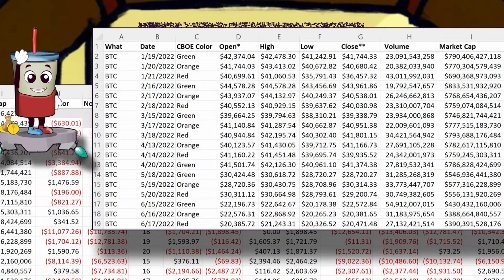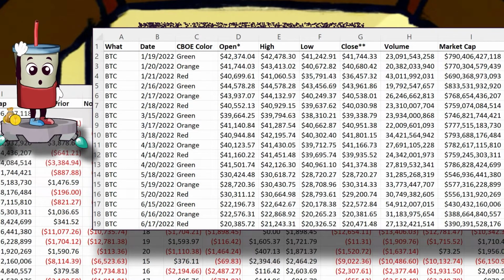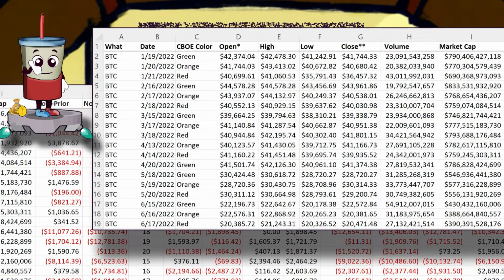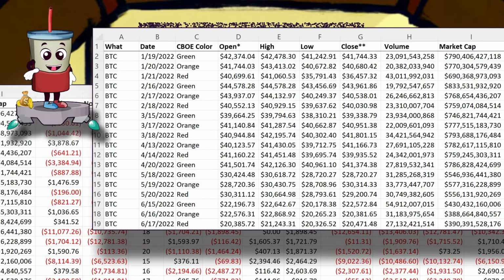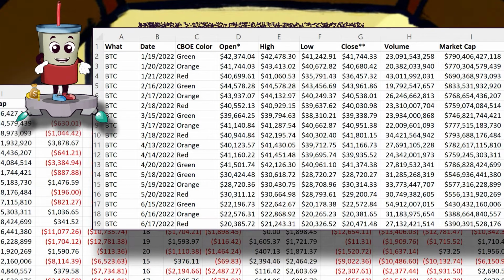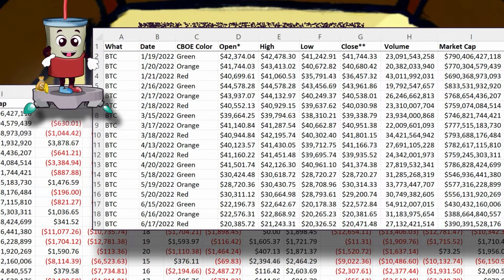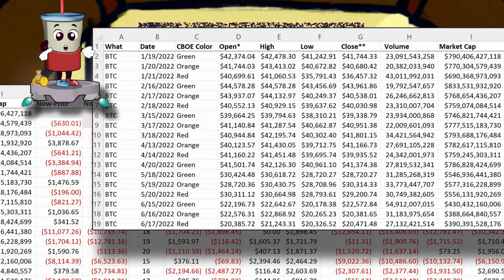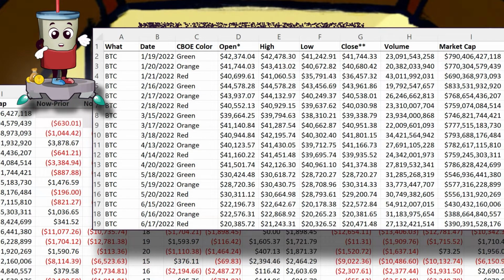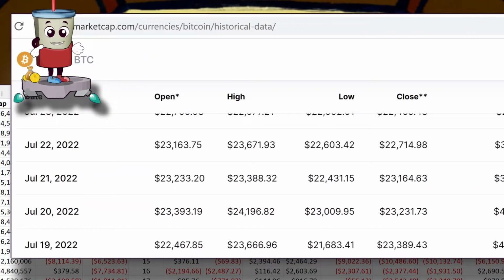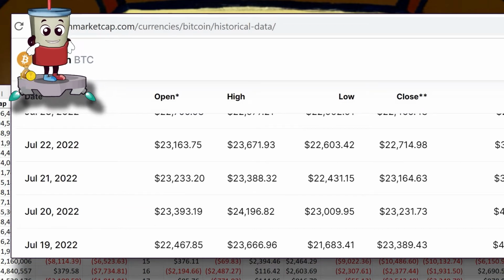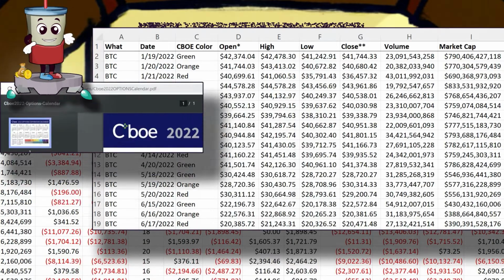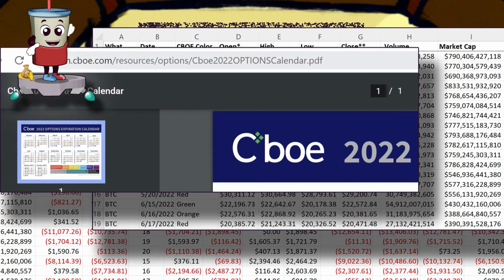Lots of little somethings, but before I explain the result, let me quickly explain how the data is assembled. On the screen now is the table. You'll note that I have a series of columns, data values, rows, and labels. The price, market, and volume related information is sourced from the historical data provided from coinmarketcap.com. The color on the CBOE chart is taken from the CBOE chart I shared earlier, which I will link in